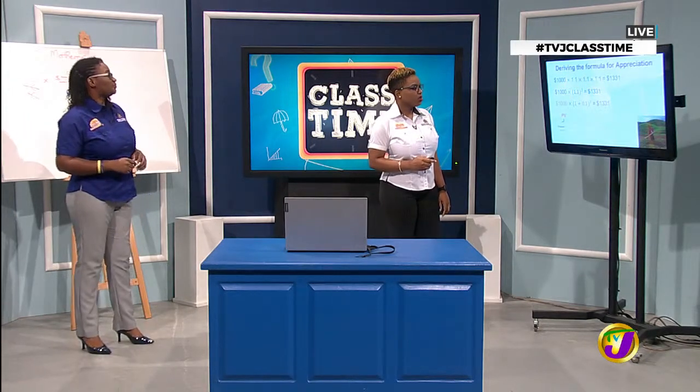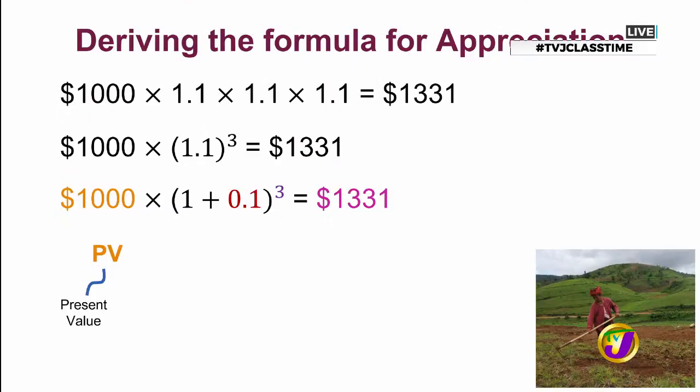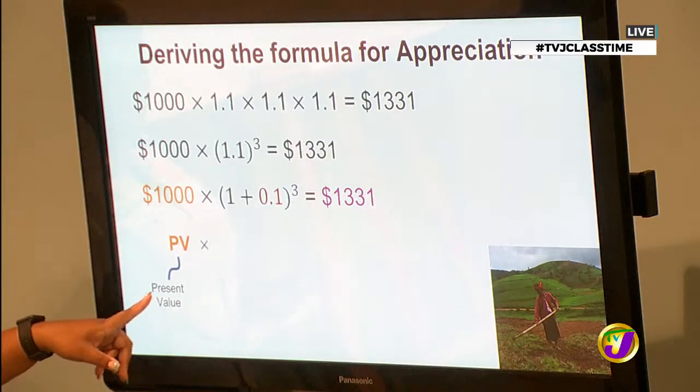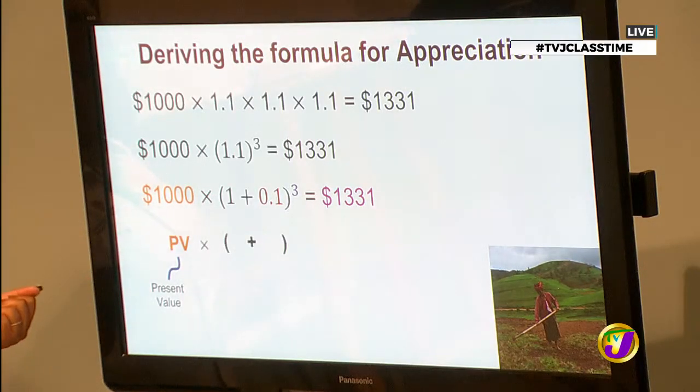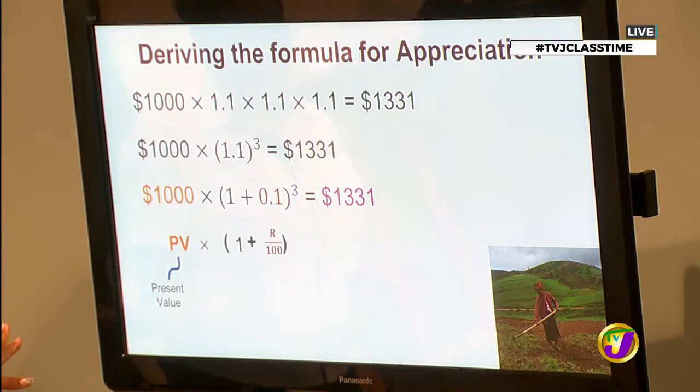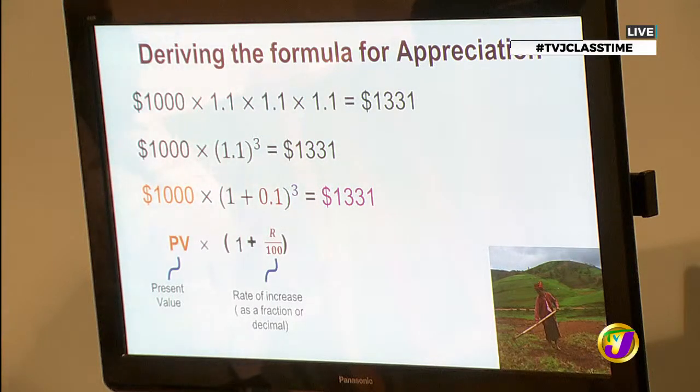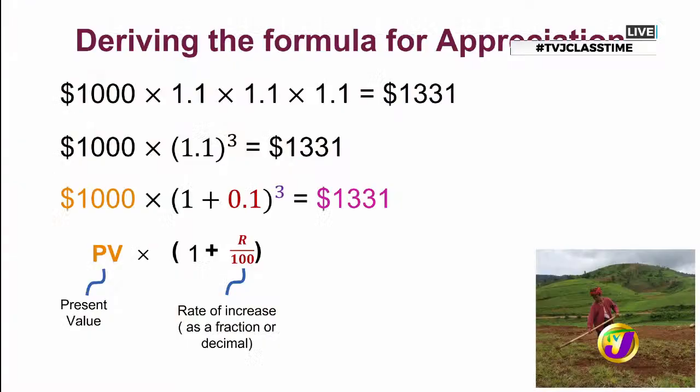All right. So you're saying that the $1,000 in this case is representing the present value, or initial value, which our students may see in some books, and then our 1 will remain constant. That's right. And then our 10%, representing 0.1 in this instance, will be our rate of increase, because you're looking at appreciation, so there is an increase. And it's usually given as a percentage, so you may wonder about that 100 there. It's there because the rate is normally given as a percentage.